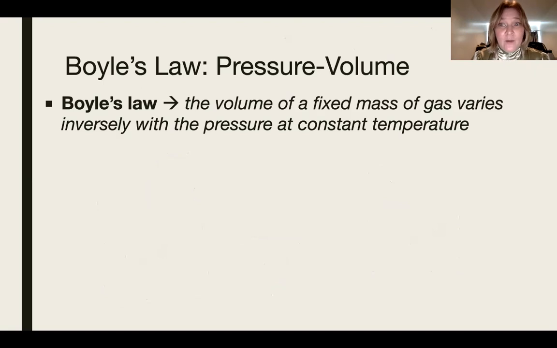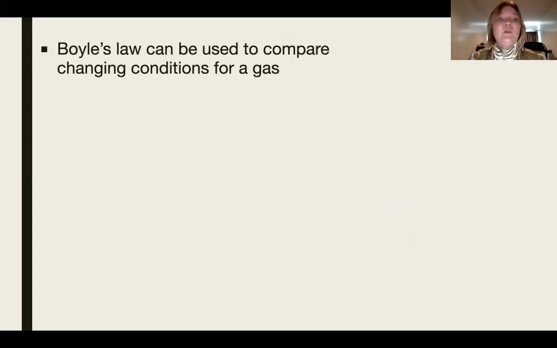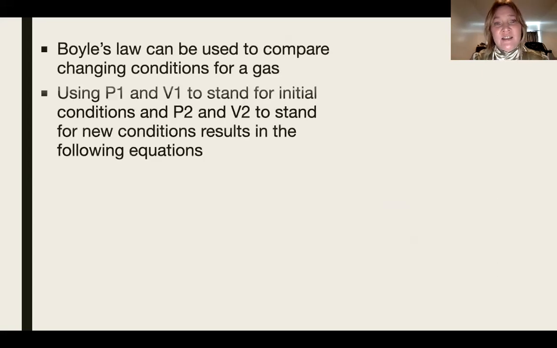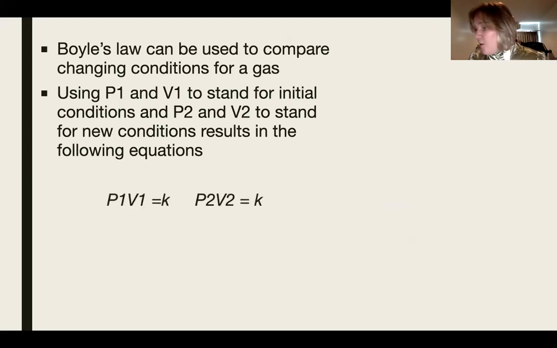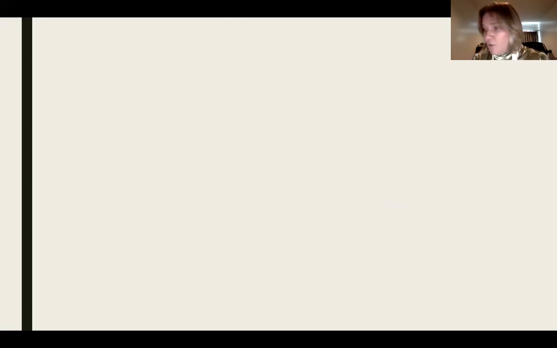So the volume varies inversely with pressure at constant temperature. Boyle's law can be used to compare changing conditions for a gas. We use P1 and V1 to represent the initial conditions, and P2 and V2 to represent the new conditions, based on the following equations. So the first thing that I want to do, before I do all of that,